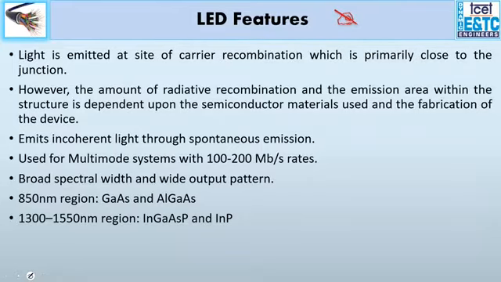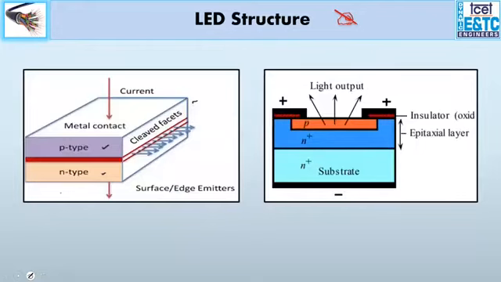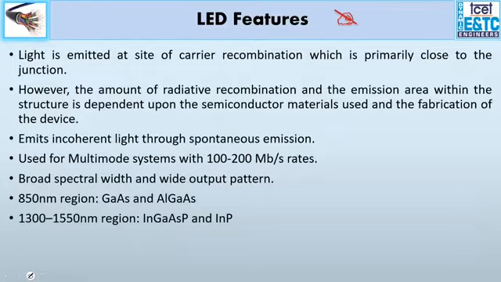So these are some of the features which I have already explained. Now, how can we improve the performance? What is the maximum efficiency that we get with these structures where you have a PN junction, and as soon as your carrier crosses the junction or the barrier, it becomes a minority carrier, there is a recombination taking place and a photon is released.